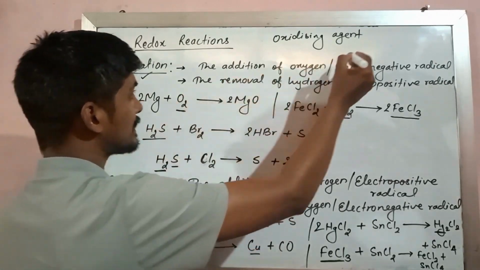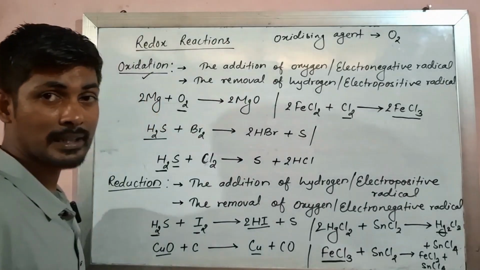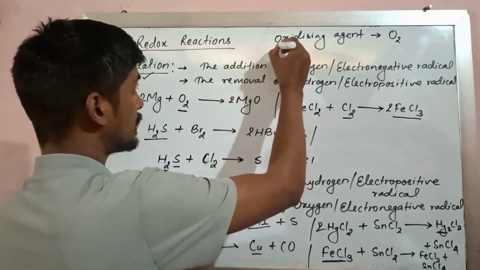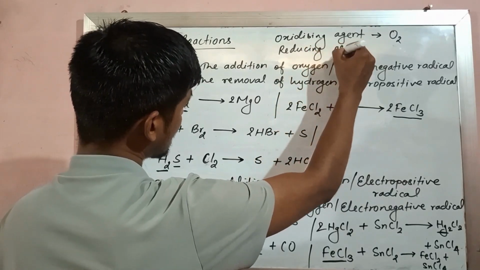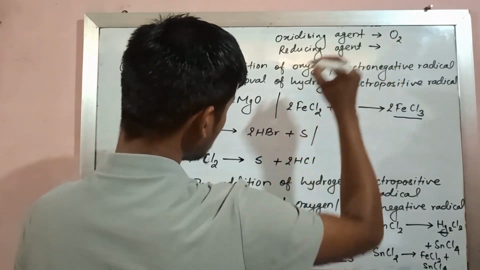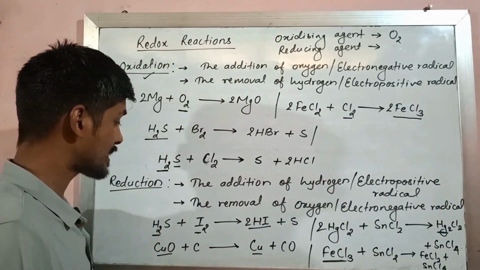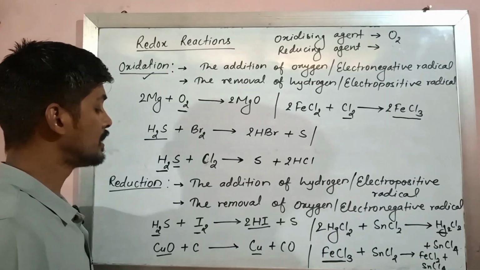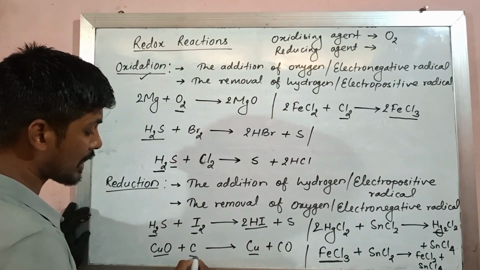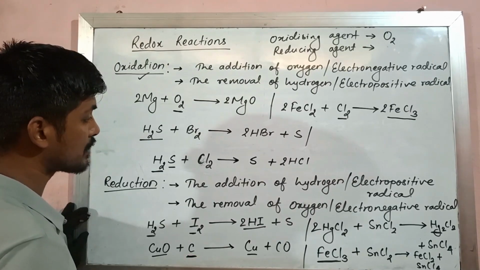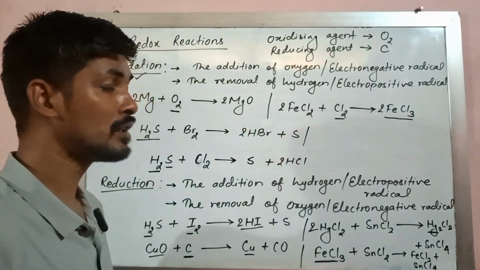So oxygen is one of the oxidizing agents. Now what do you mean by reducing agent? A reducing agent means any atom or group of atoms that causes reduction. For example, here carbon is one of the reducing agents, and there are many other reducing